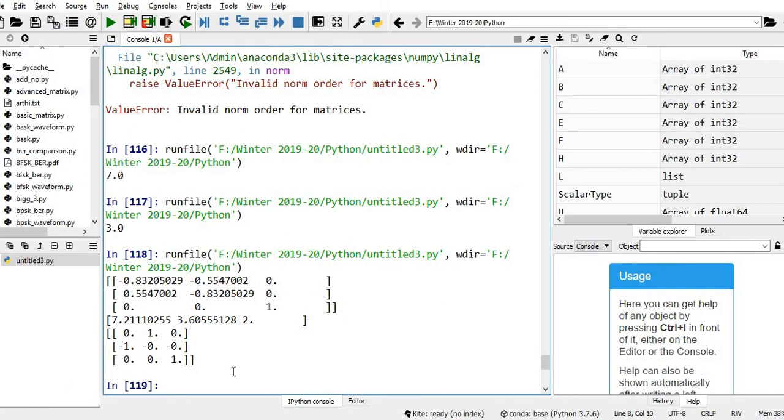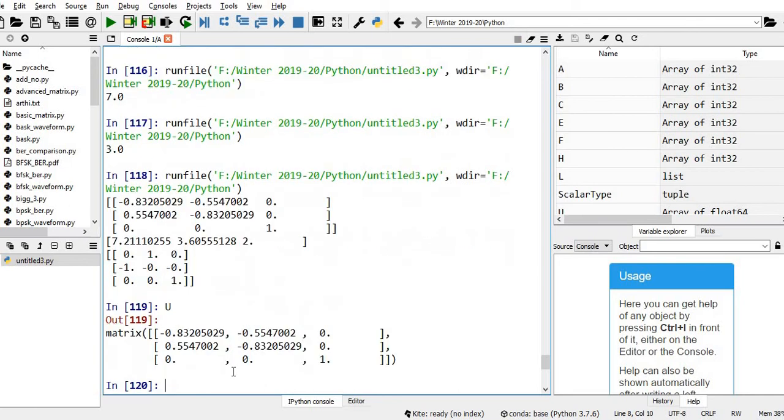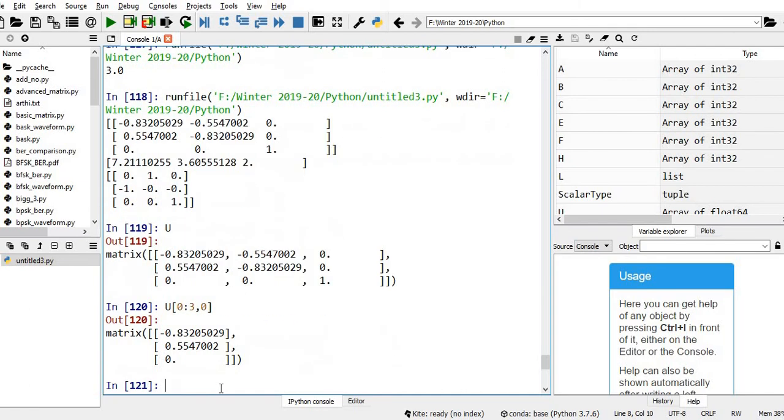So what I'm doing, I'm just taking the U matrix. Okay, this is the U matrix. If I want only the first column, what I need to do is take rows 0, 1, 2 and column 0. So this will give the first column.